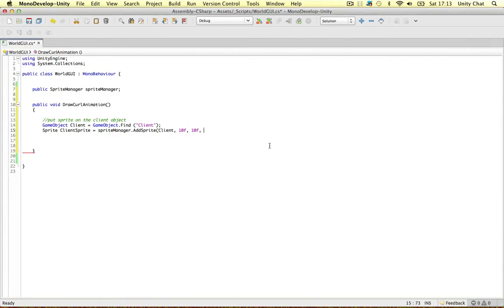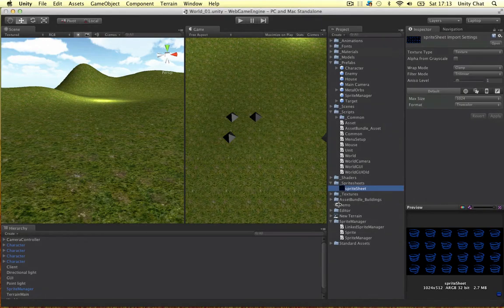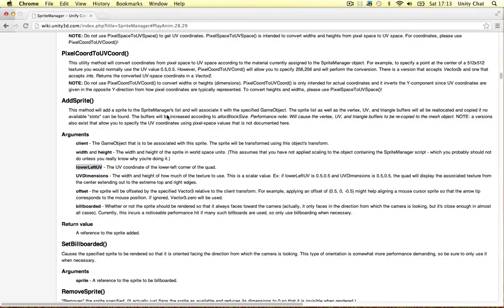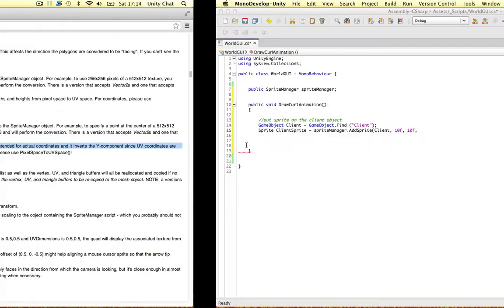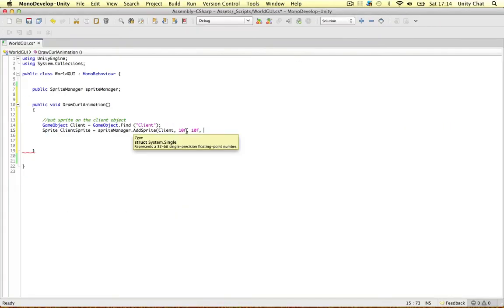Okay guys, really simple to do. If you don't know the UV coordinate, if it's 0.3335 whatever, Sprite Manager has two functions to convert pixel space relative to the Sprite Manager material to UV space. So you can be like, I know the pixel coordinate of that, but I don't know the UV coordinate. So you can pass in the pixel coordinate in these two functions. They explain how to do that. But in this case it's quite simple because well, I knew this was going to happen,